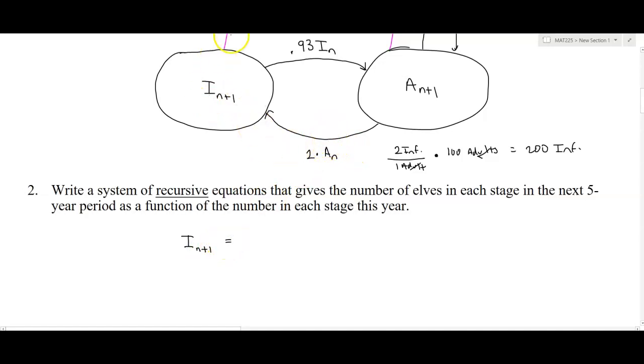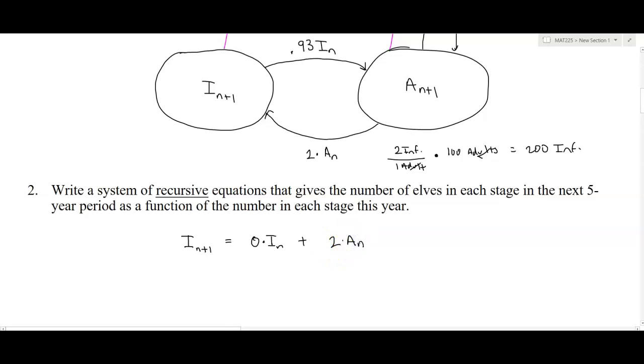That's going to equal, first of all, 0% of the infants at time n will become infants at time n plus 1, because remember, every iteration of time, that's 5 years, passes. So infants can only become adults, but infants cannot remain infants. And then also the number of infants at time n plus 1 is going to be 2 infants for every